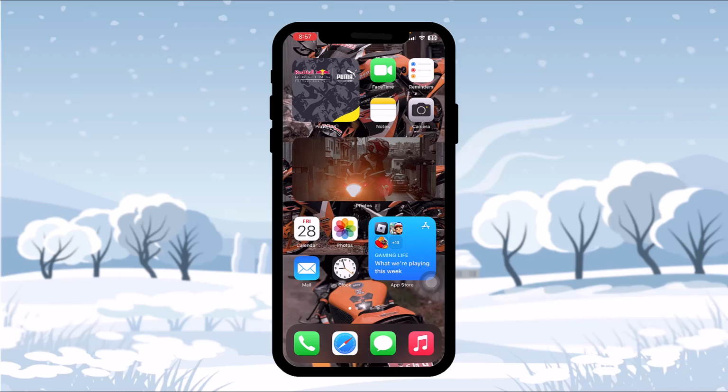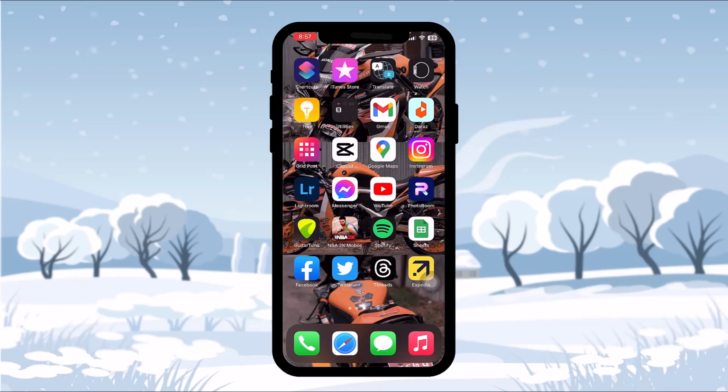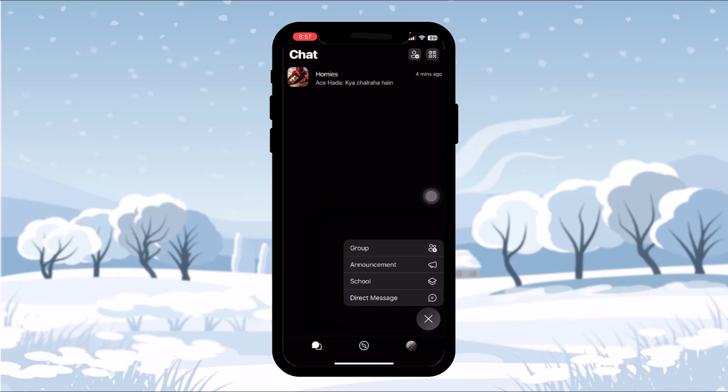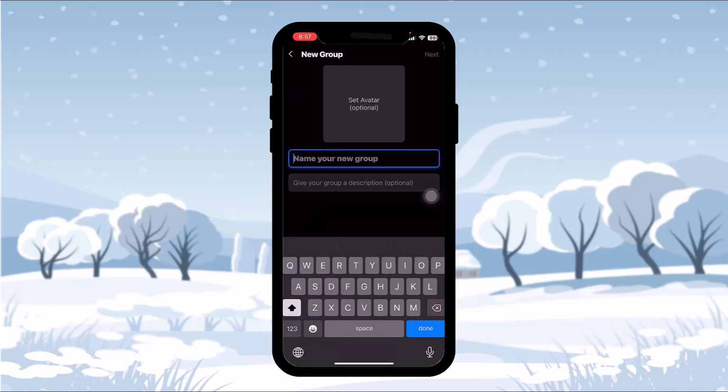Now in order to create a group, what you need to do is head over and open up your GroupMe app, and once you're inside, here on the bottom you'll see a paper and a pencil like icon, right? That is highlighted in a blue circle. Simply tap on that. And on tapping that, you'll have 4 options. Simply tap on the option that says group, and once you're here, all you gotta do now is simply type